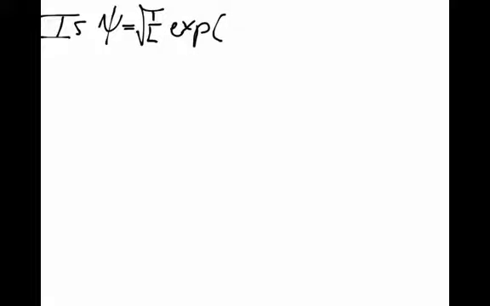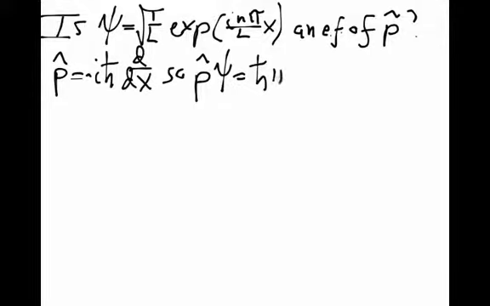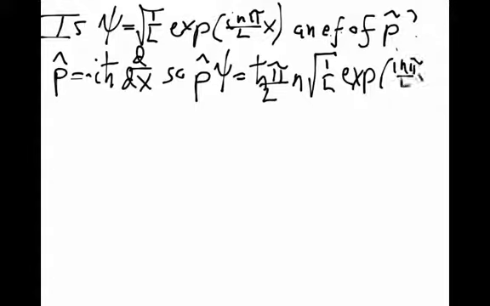Well, alrighty then. How about momentum? Is psi equal to the square root of 1 over L times e to the i n pi over L x an eigenfunction of momentum, of the p hat operator? Well, p hat is equal to minus i h bar d by dx. We already did the d by dx, so p psi is equal to h bar pi over L times n times the square root of 1 over L e to the i n pi over L x. We just got that i n pi over L popping on out, and we picked up an h bar,